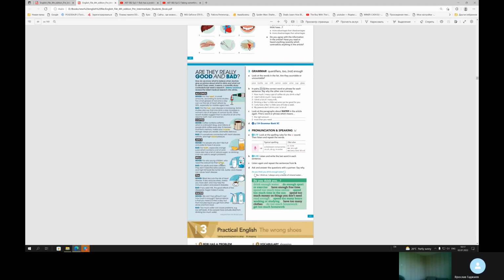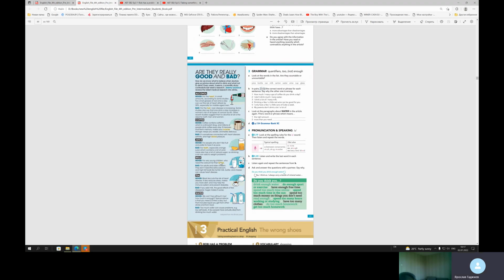No. So amount is a synonym to the word number, quantity. So this word that describes the right amount is actually a quantifier. What is a quantifier? Okay, it's a bookish word. In Russian it is called quantifikator, but speaking simpler, it is